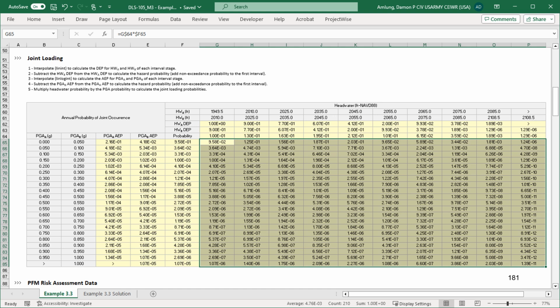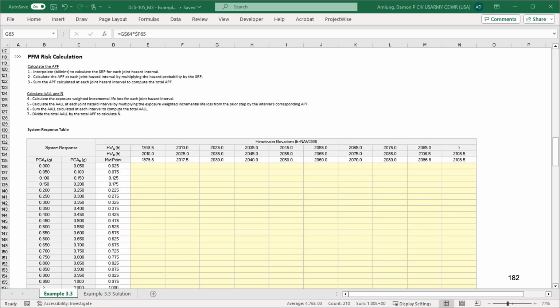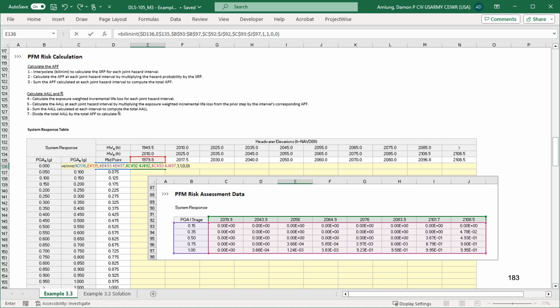When done correctly, the sum of all the joint probabilities will sum to 1, as shown here. With the joint loading probabilities complete, let's move to the PFM risk calculation, starting with the system response table. We are told to use linear interpolation because of all the zeros in the system response, so we will use